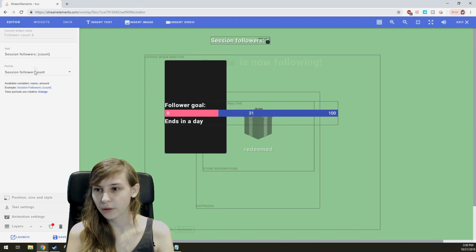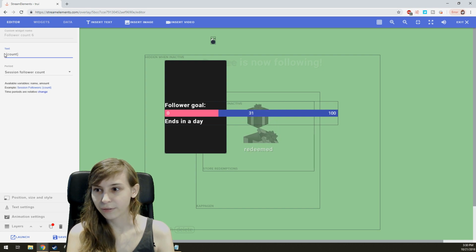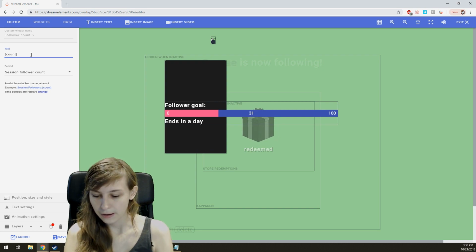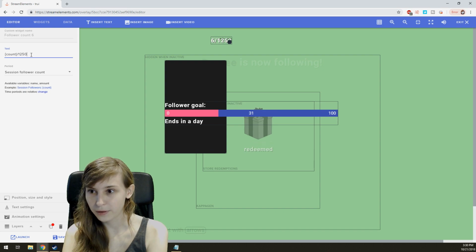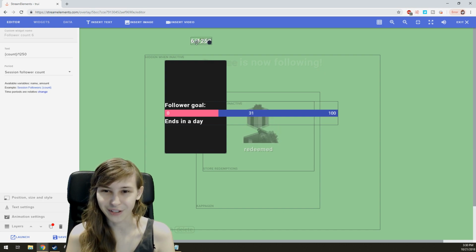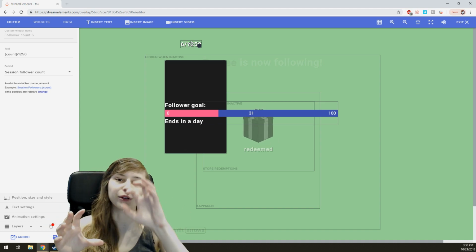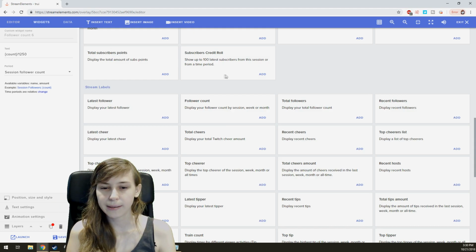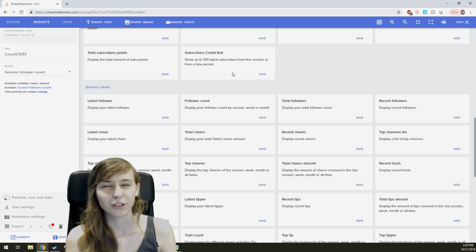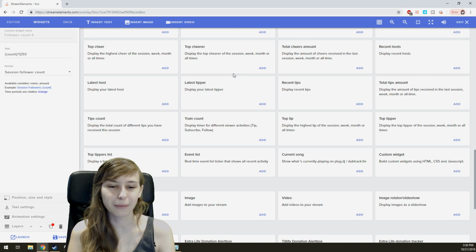Session follower count. What I did is I adjusted the text, I deleted this. So I have the count, and I did the slash, and then the amount of followers I wanted. So I have like 6 out of, right now I don't actually have just 6 followers though. But you will see this is just a little bit of text, and in my frame it says follower count and stuff like that. Which means that I don't have that ugly bar, and it just looks better, I think, for me. I mean, you can have a giant bar if you want, but